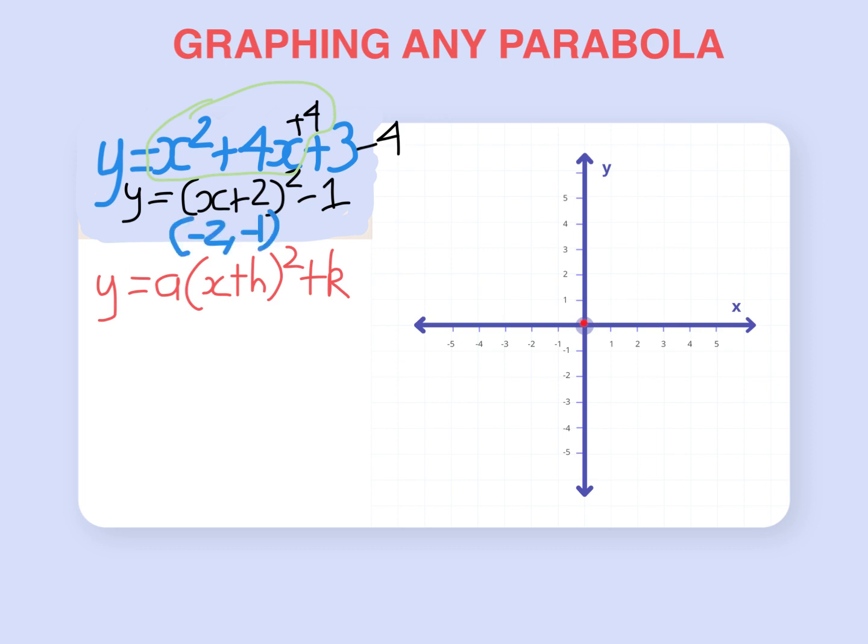So we're going to go ahead and plot this turning point. We go across to x is negative 2, down to y is negative 1. So the turning point will be here. But 1 point is not enough to determine a parabola. The parabola could go like this or it could go like this. We don't know. So in addition to the turning point, we're going to find the y-intercept,